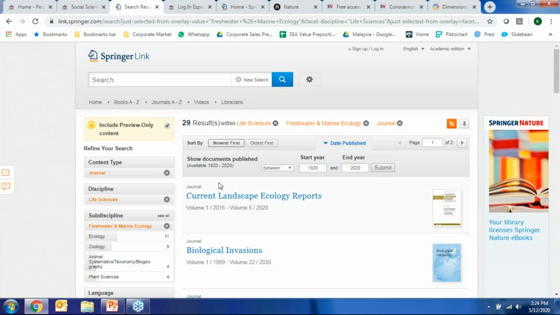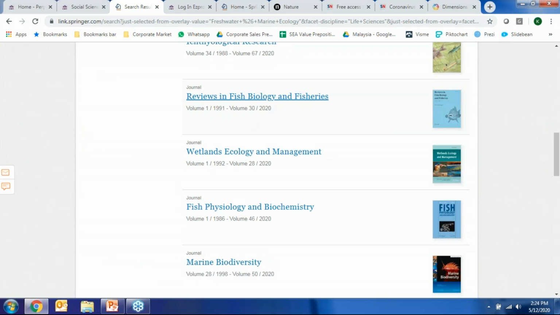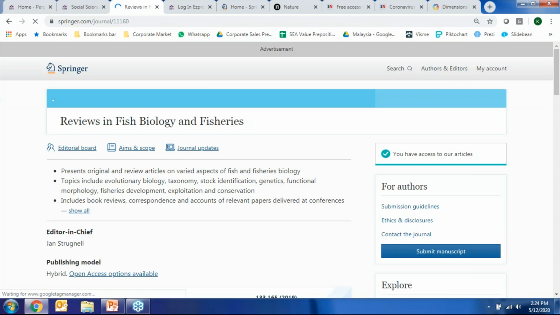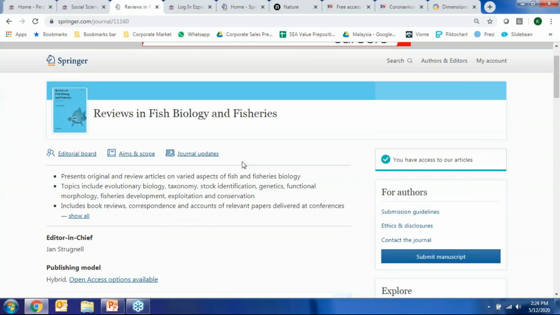All right, so just by taking one example, I'm going to use this one, I think which I saw earlier, Reviews in Fish Biology and Fisheries. Going inside of it, just taking into context the title that I'm looking at, and then comparing that to the journal itself and seeing whether or not this is something that's worth my time to look at and to see whether or not I would be able potentially to find information that may be valuable to me, my literature review or my assignments or my thesis writing.